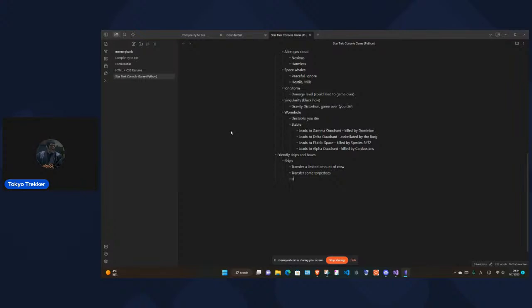And let's see. Repair ship damage by only 30% to 50%. And the reason why I want to limit this kind of interaction with the friendly Federation ship is because you don't want to completely repair a ship. You don't want to use an entire ship's resources to repair your ship. You wouldn't do that in real life. You'd save that for star bases, and you